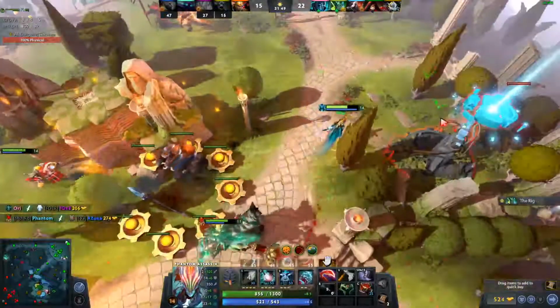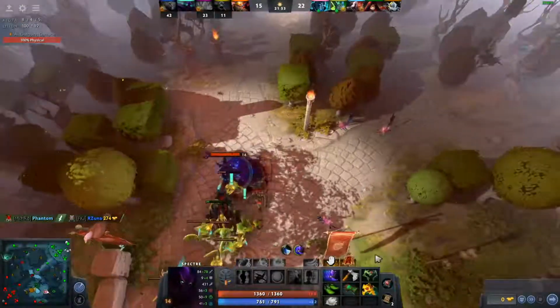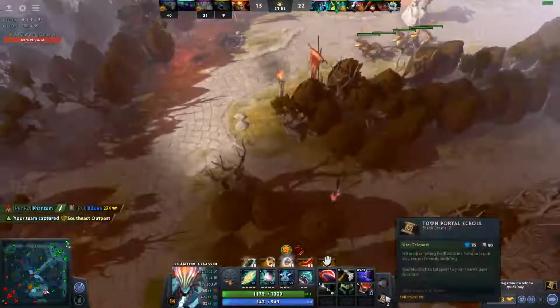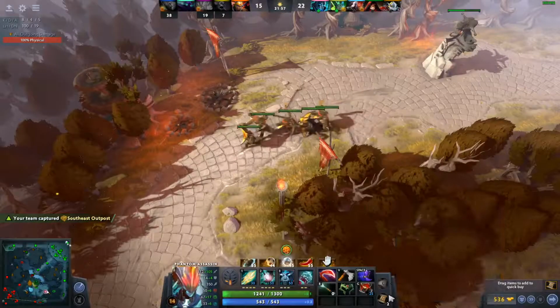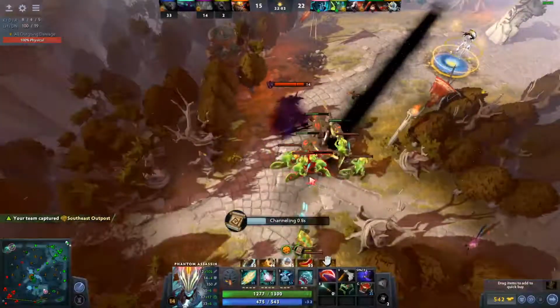All right, so that was a really good fight for us. I'm going to go ahead and capture this. Spectre has her Sacred Relic now, so I'm going to teleport top and try to harass her. Sacred Relic builds into Radiance. It's not going to be a very fast timing for Radiance, but...